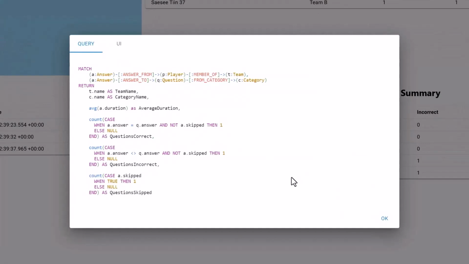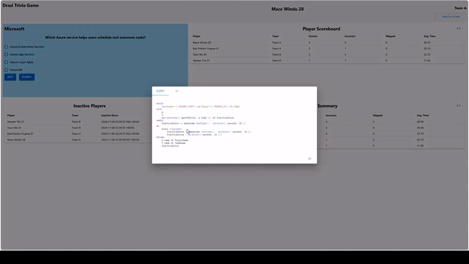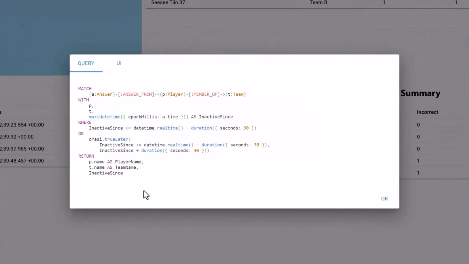So the developer, to create this application, simply created these 3 standing queries for each of those panels, or 4 standing queries,